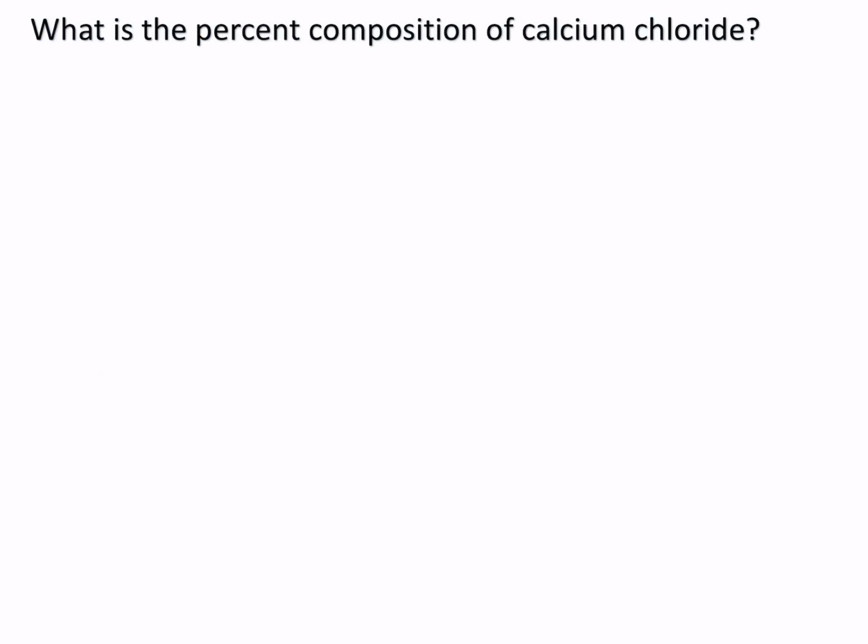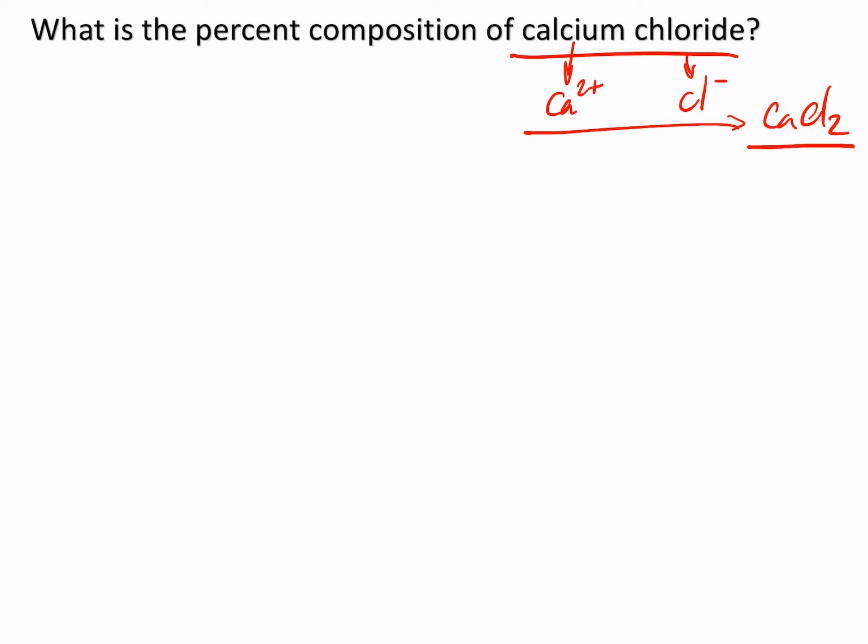So how about we do that for calcium chloride? And yes, there is another nomenclature check here. Calcium is Ca2+, and chloride is Cl-. When you combine these two, you obtain calcium chloride, CaCl2. So if we are doing percent composition based on this formula, then we need to calculate the molar mass for this particular compound. So we have calcium chloride, correct? And that is going to be